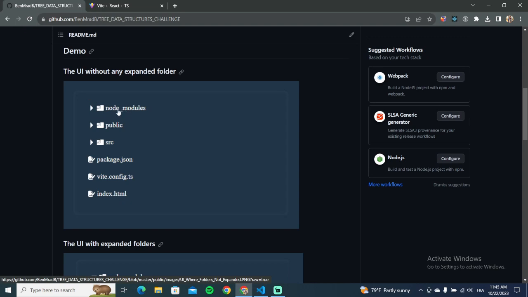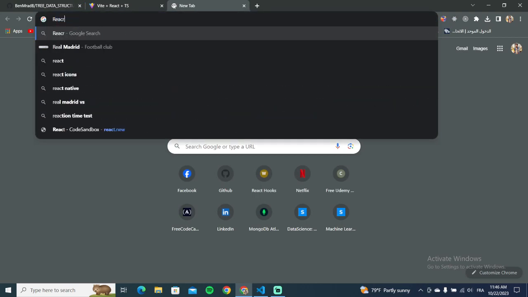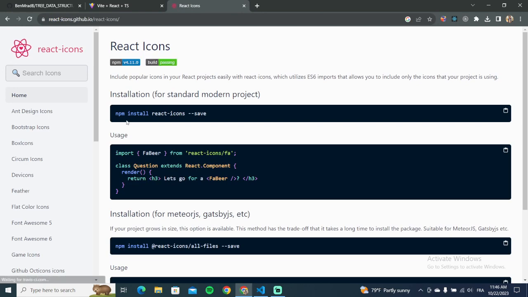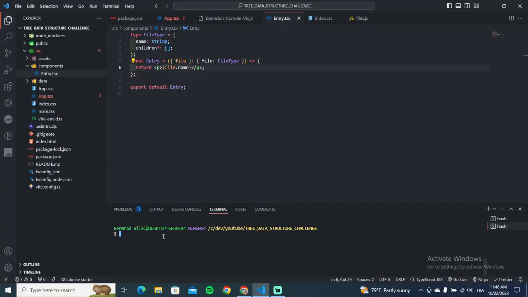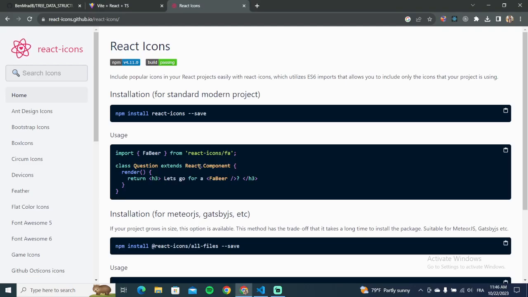So let's first show you the library we're gonna use to display these icons, which is React Icons, this one. To install it, you can copy this command, come here to your terminal, paste it